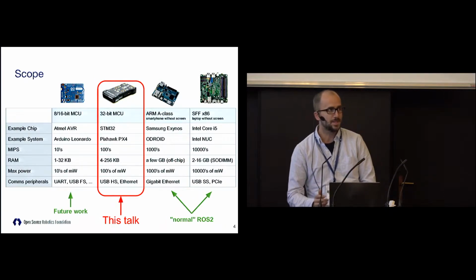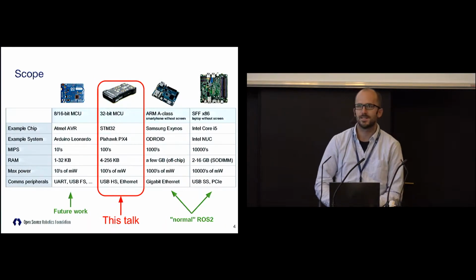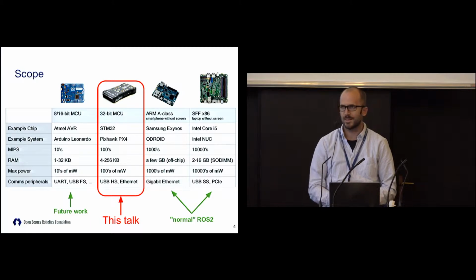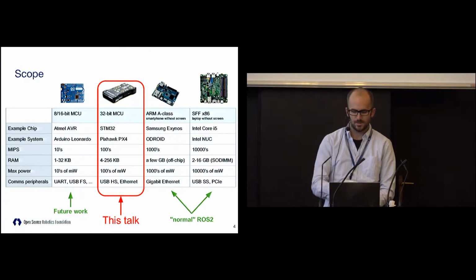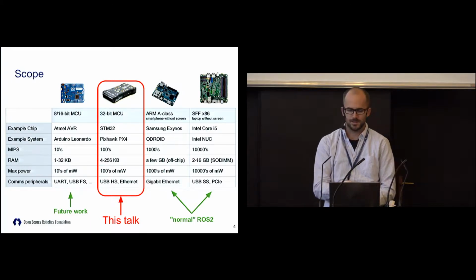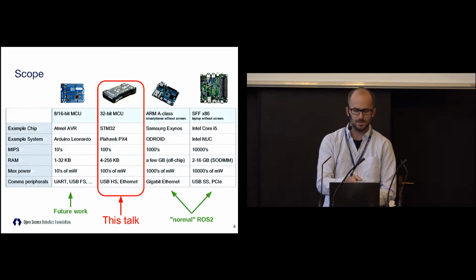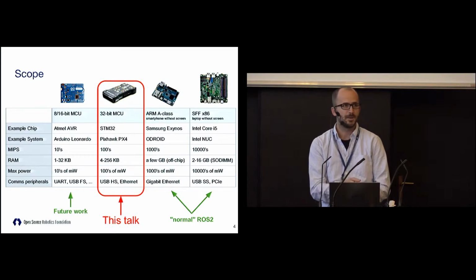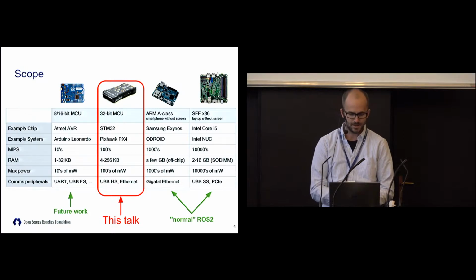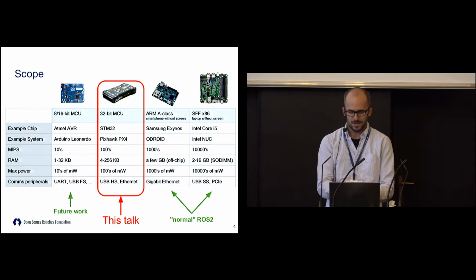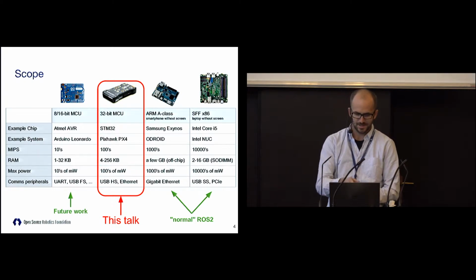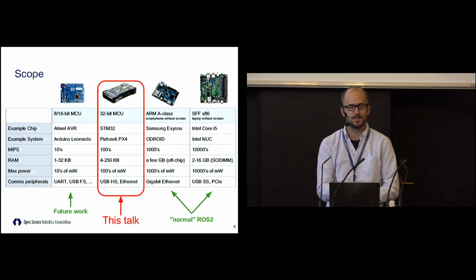So embedded systems is a big term. If you ask 10 people what they think embedded systems are, you'll get 10 pretty different answers. So there's kind of 4 worlds I'm going to draw here. The left side there, the first column, the 8-bit world, that was made famous by the Arduino and the AVR processors lately. They're pretty small, so this talk can't deal with them. They're too small. So the second column that I'm going to talk about here is the 32-bit microcontroller world. So that's things like the STM32, which is used on the Pixhawk PX4, which we just saw.